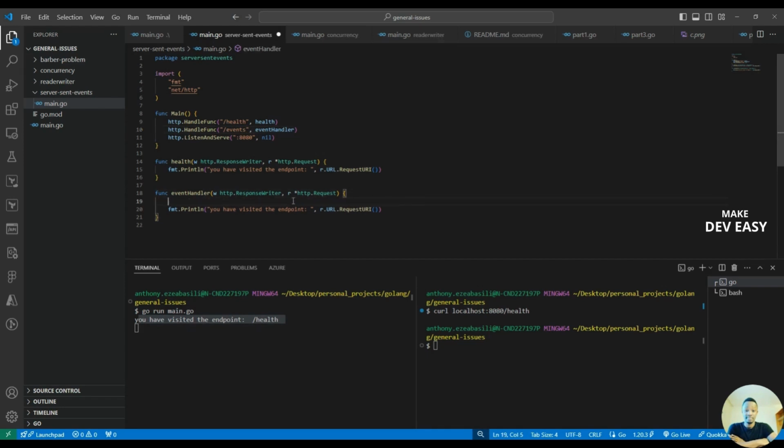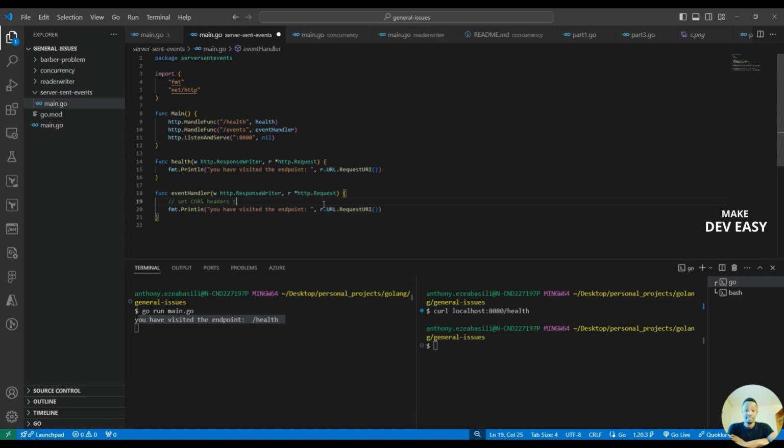And now, of course, it's not going to just print the message for us. So I'm going to set up a couple of pieces of information in the response, more or less, that's going to be returned to the client. So first, what I would want to do would be to set up my CORS